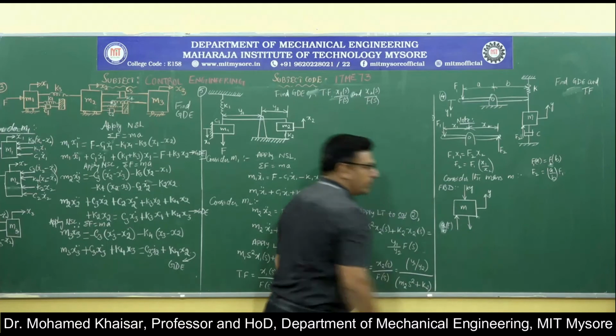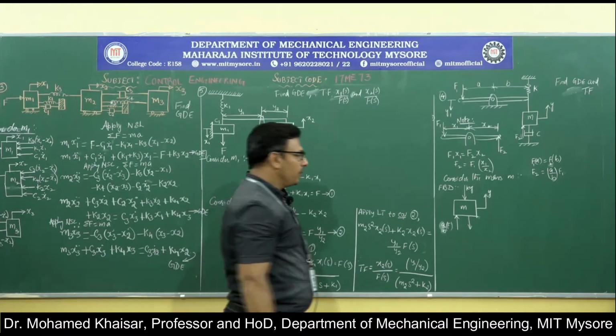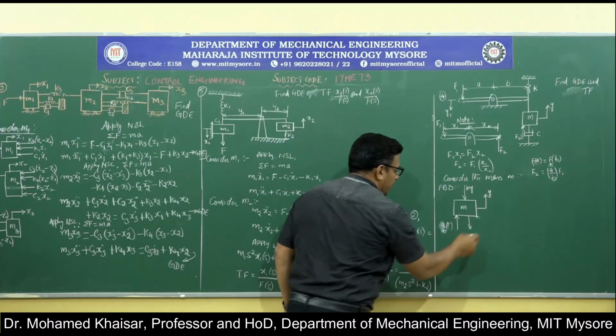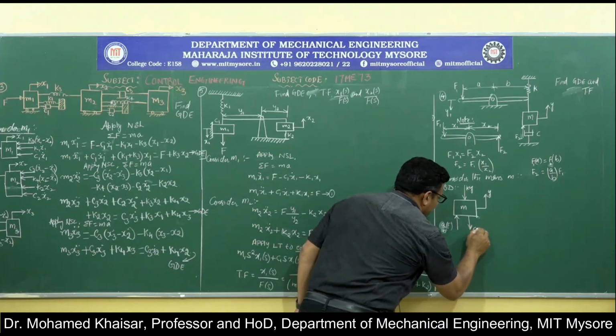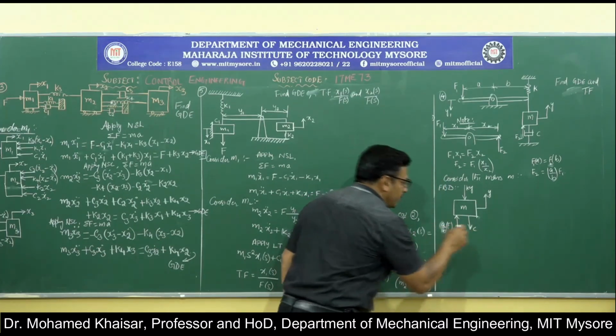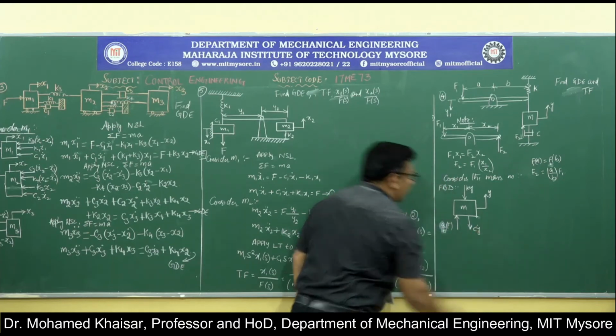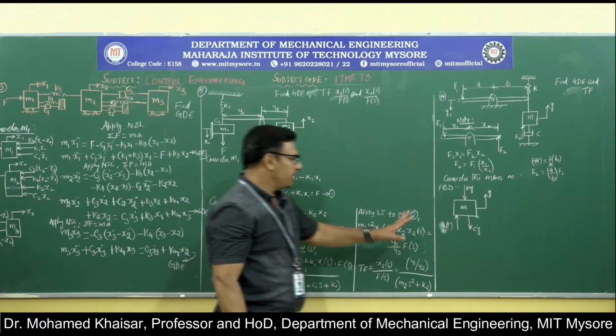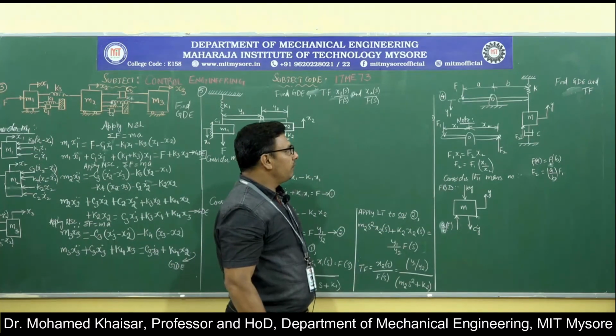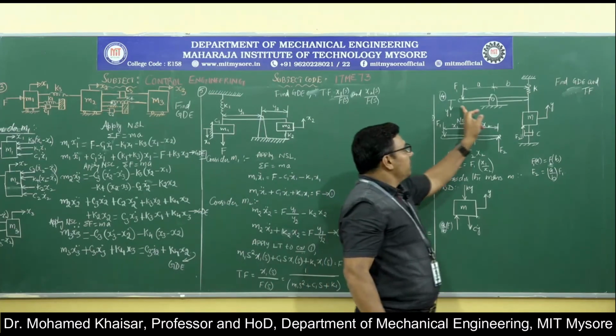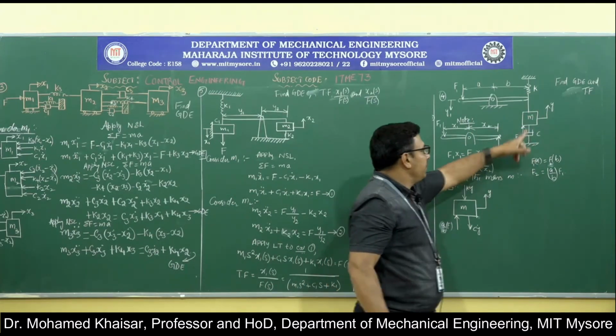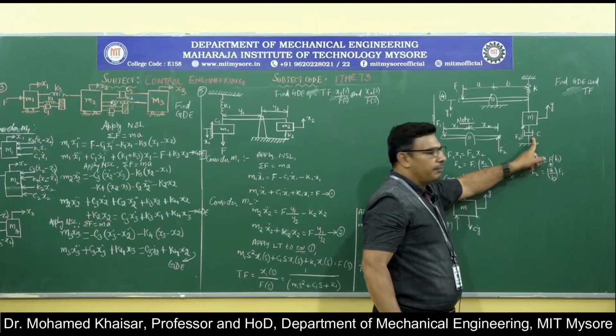So, this is also going to offer a resisting force in a direction opposite to the displacement of the mass, and the resisting force offered by the damper is going to be Cy dot. This completes the functional block diagram. What was the system given to us? A leverage system wherein there is a spring, mass, damper.